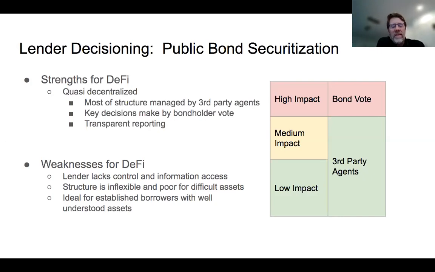What about weaknesses? When we think of this, what do we like? What don't we like? The lender lacks control and high quality information. They get information, but it's slower. And it's not like a private loan where the bank can say, I want this, and it's all over the situation. Here, if you're an owner of bonds, you've got 28 other co-owners and you have to vote on something. You have a lot less control. And it's fairly inflexible, as I've noted. It takes these votes to get things done. So things don't get done, right?